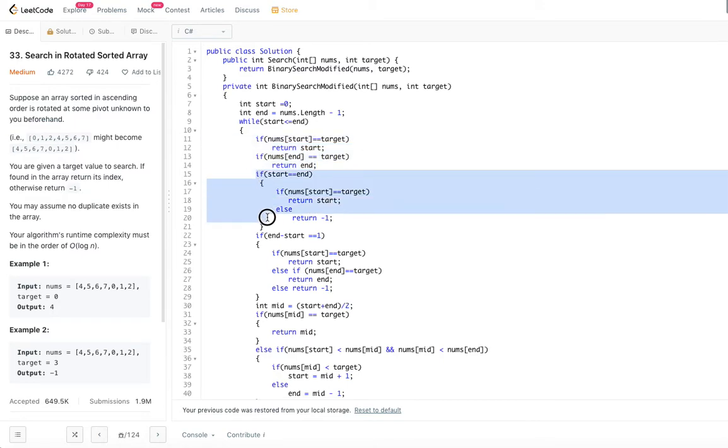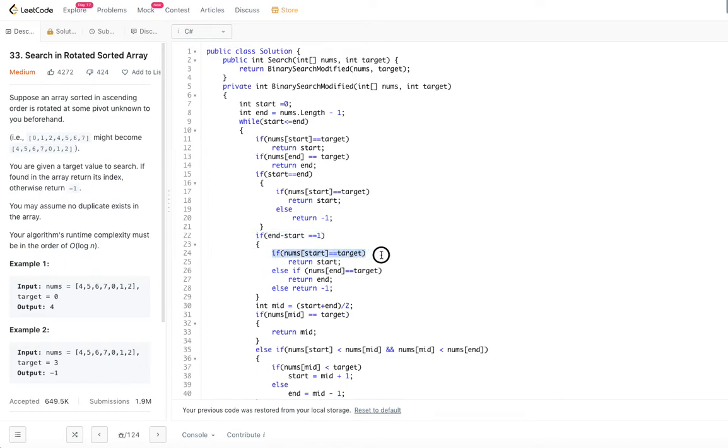So if at all start is equal to end, and you just try to compare if start is target, if so return target, otherwise return -1. So this is also immediately we want to say if it is, just return. And if at all end minus start is equal to 1, that means there are two elements, right? There are only two elements. So we don't want to do full binary search in this loop.